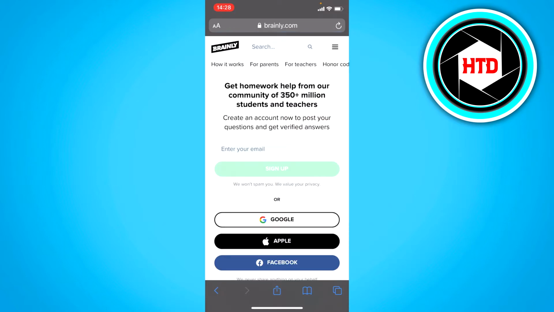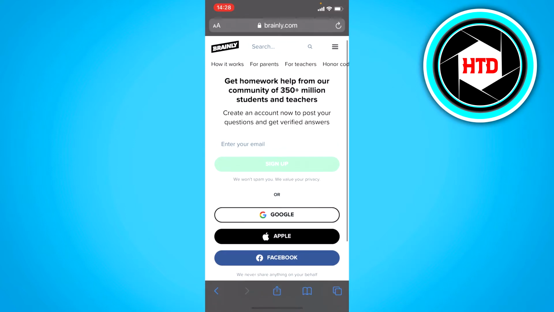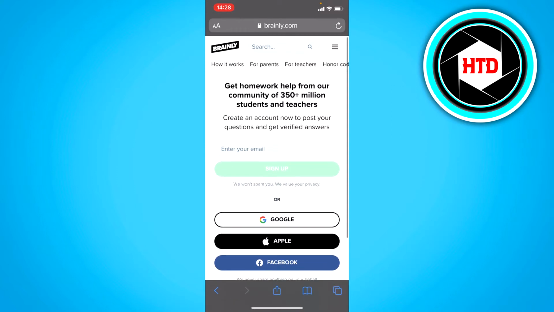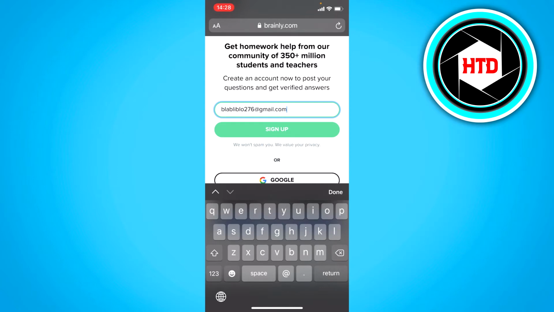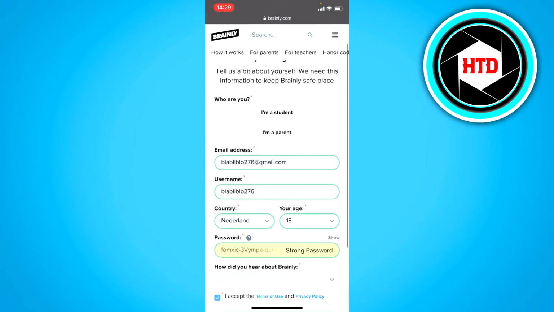So if you click on that, you can either just create an account with Google, Apple or Facebook, or just enter your email and do all of that separately. So that's what I'm going to do. So I'm just going to fill in an email right now. Once you've done that, you can just click on sign up, and then here you gotta select if you're a